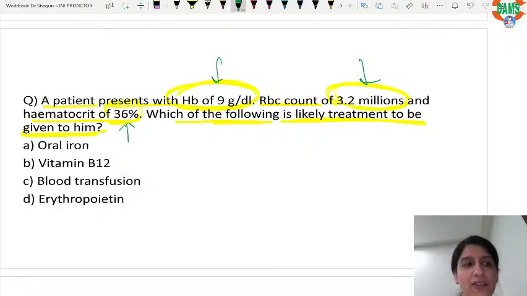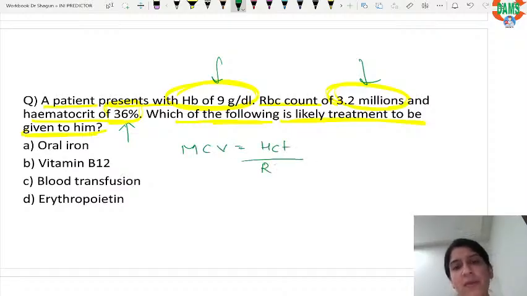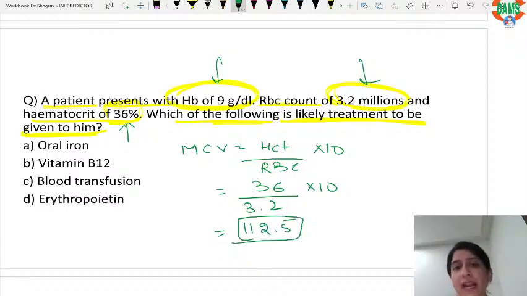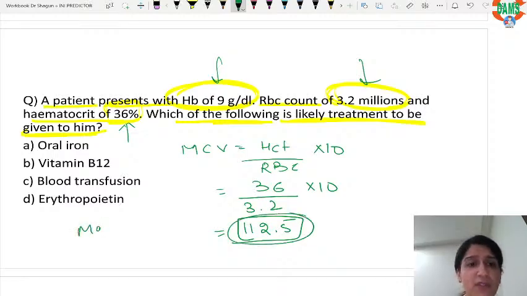If you look here, I know the formula of MCV is hematocrit divided by RBC count in millions, into 10. So hematocrit is 36, RBC count is 3.2, into 10, and this is going to be somewhere around 112.5. And if I have MCV 112, that means I'm dealing with a case of